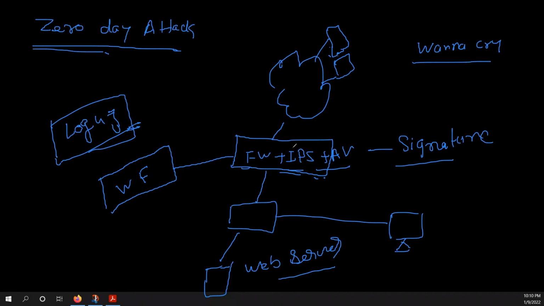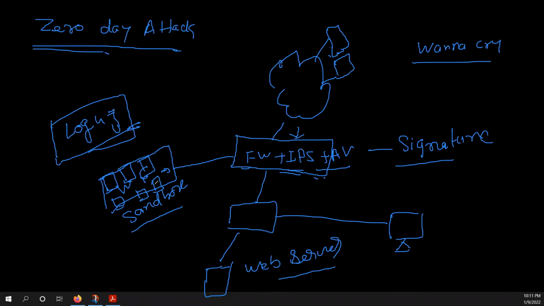If there is any traffic coming that is not known, the firewall does not know about that traffic. So before allowing that traffic, it sends it to a sandbox. A sandbox is a kind of environment with machines running different versions, different databases, and different operating system flavors. When that file or traffic goes to the sandbox, the sandbox extracts the file in a different operating system, different flavor of databases, etc.